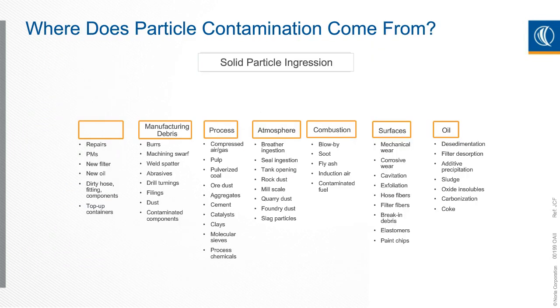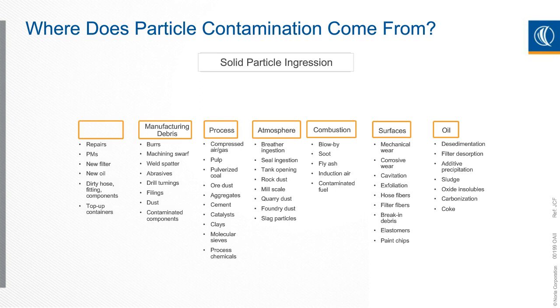So tracking the levels of contamination in your sample is very important so you can trend that data over time and see when you start seeing an inflection, something that's starting to spike up and go to a direction that is unusual. It's not what you typically see in that machine. Once you know that you have solid contamination increasing or a level that you're not okay with, you need to figure out where that particle contamination is coming from.